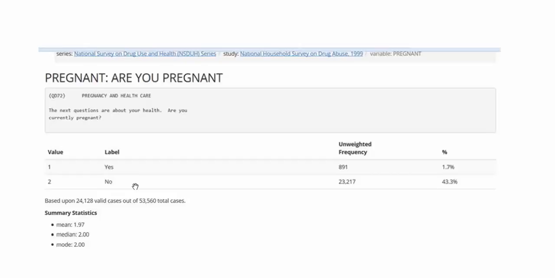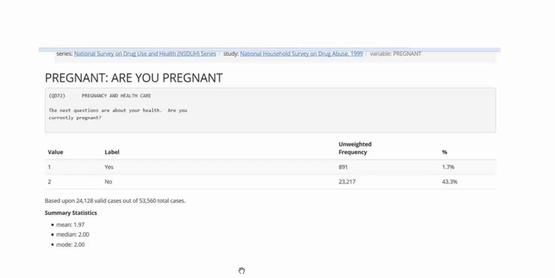You can see they have a frequency distribution table here with the two choices, yes and no. So automatically we would be thinking that this variable, are you pregnant, is measured at the nominal level, when there's two choices, yes and no. And you can see they assigned the value of 1 to the attribute yes and a value of 2 to the attribute of no. That way you could calculate some type of statistic. Remember, you need values for each attribute to be able to do some arithmetic procedure.